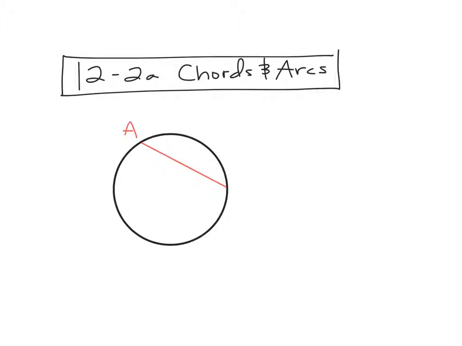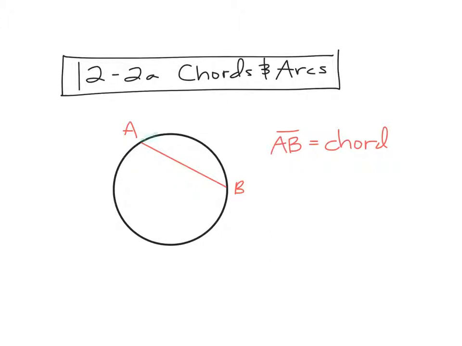If this is A and this is B, we would call that chord AB. Now, a diameter can be a chord as well, but a chord does not have to be a diameter. So this we would call chord AB, but there's also an arc represented here that relates to it,